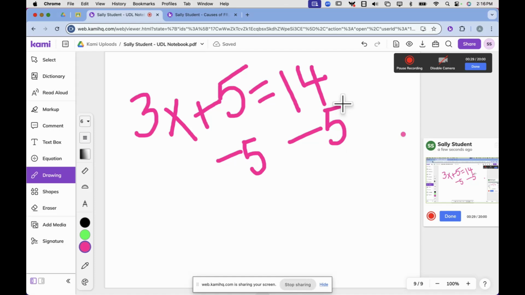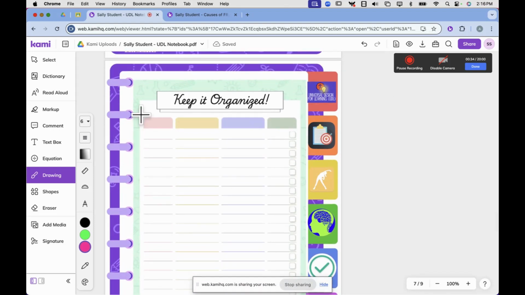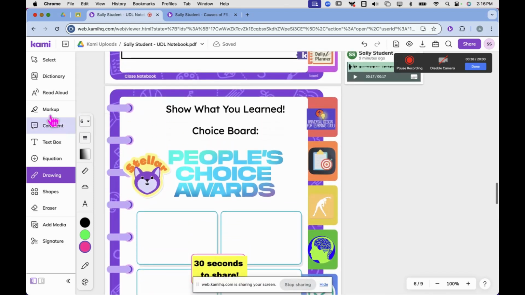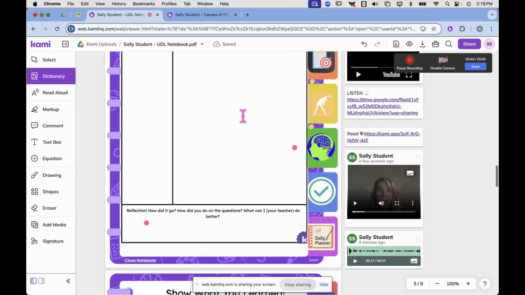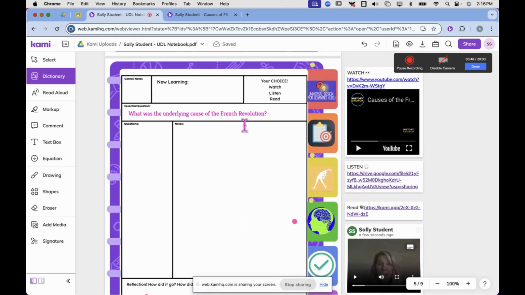The screen capture comment is also a really wonderful way of showing students what to do. So even showing them things like, hey, there's a dictionary tool here that you can use, and you can click on a word and you can have words defined for you, things like that. So you can show them how to use programs, how to use Kami or any other tool,